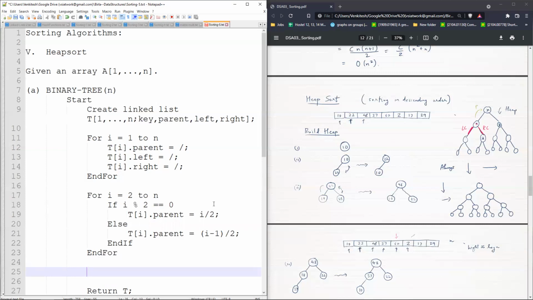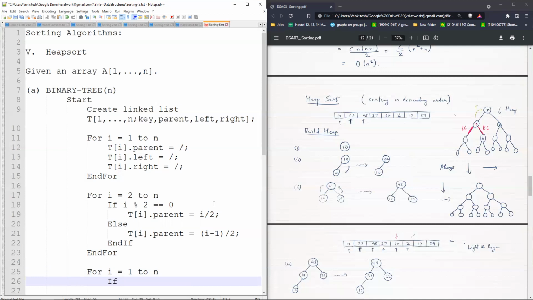Now, what about the children? Now, the children, well, we will have to do it for each of them with a search. Okay, so the left and right pointers, how do we set them? Now we just saw that for any vertex I, the left child is 2i and the right child is 2i plus 1, but that vertex is there only if 2i is less than or equal to n or 2i plus 1 is less than or equal to n. So that is it. So for I equal to 1 to n, and we repeat the same thing.